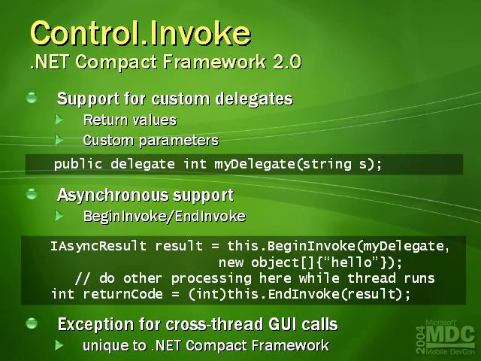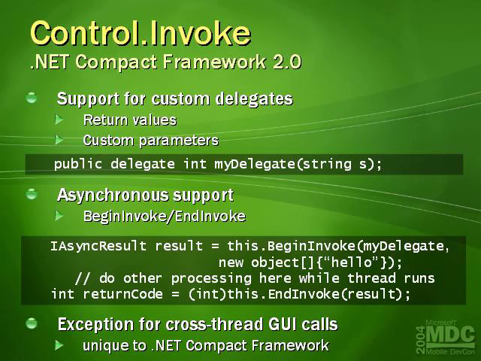And the way that works is in the code sample on the bottom half of the screen. You call begin invoke and you send it your delegate, which could be a custom delegate. In this case, it's the delegate that was declared at the top of the screen. And because that delegate takes a string, you want to pass it a string. The way you do that is by making an object array. So you wrap up your parameters in the object array, and you send that through